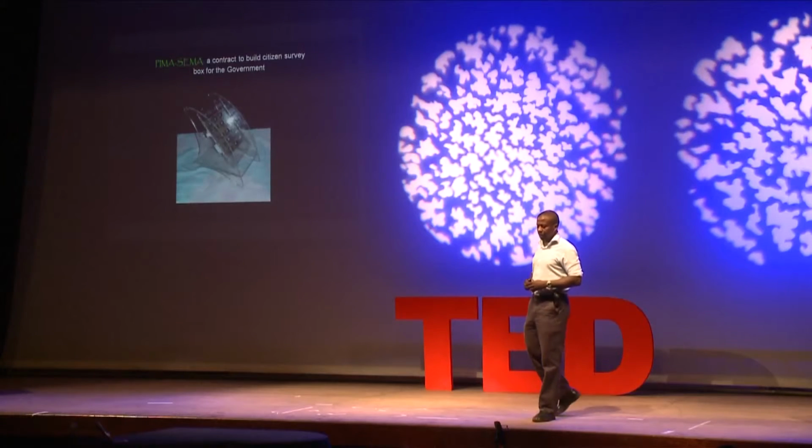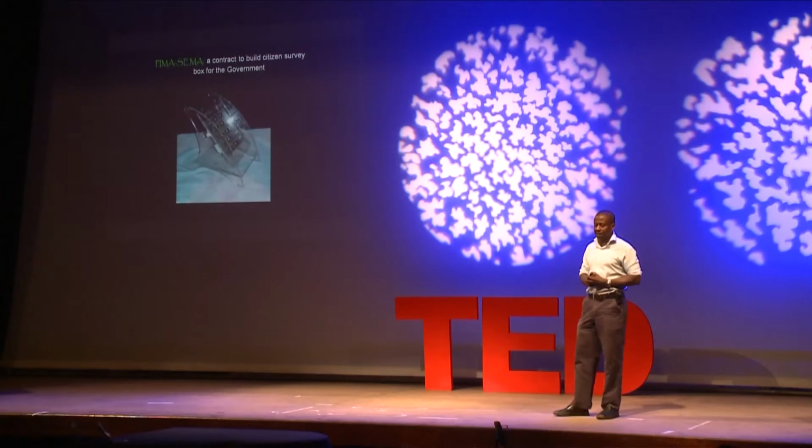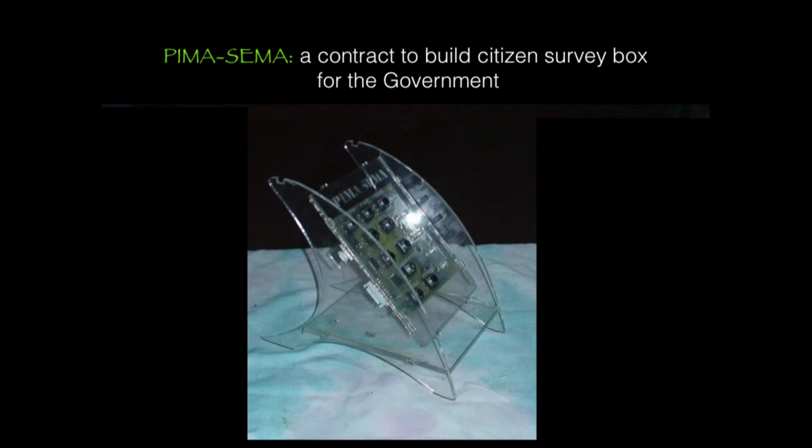Some of our startups, we have this box, it's called Pimasema. The government came to us saying that they're going to be opening up county-based centers all around the country. So when you and I need an ID, a driver's license or whatever, we won't have to go to Nairobi. You can go to wherever is close to you, go in there and get the job done. And then when you're finished, the government has to know whether you are happy or not, whether perhaps there was corruption, somebody wanted a bribe. So this instrument allows you to actually key in the answers to those questions.